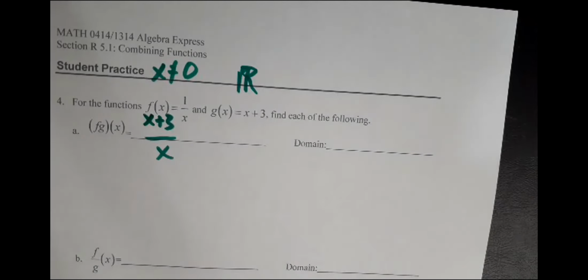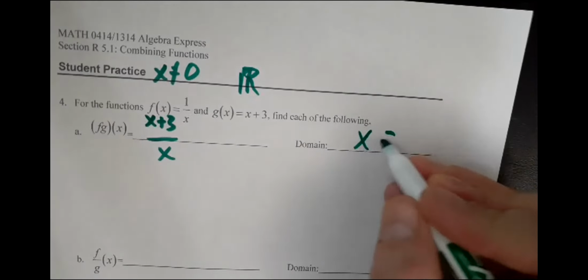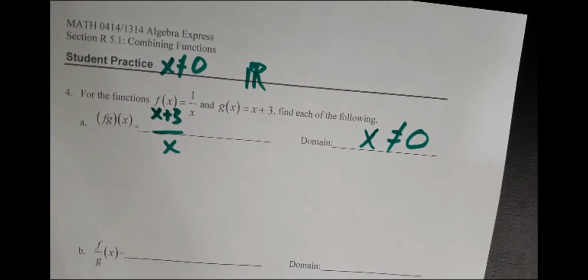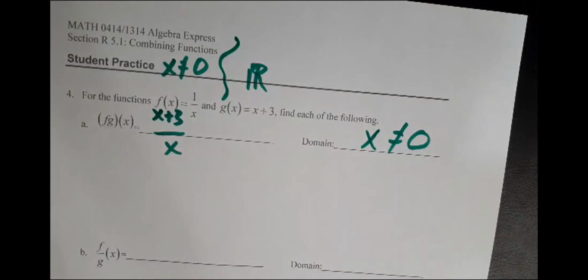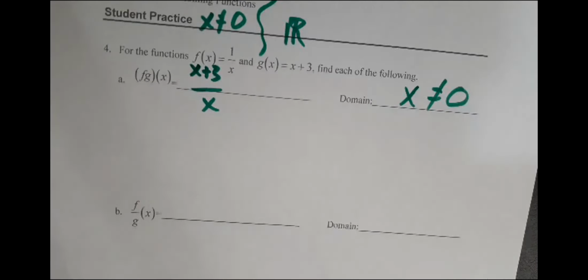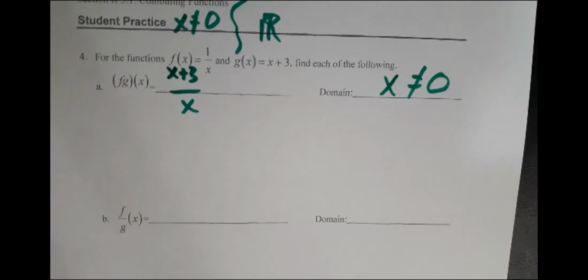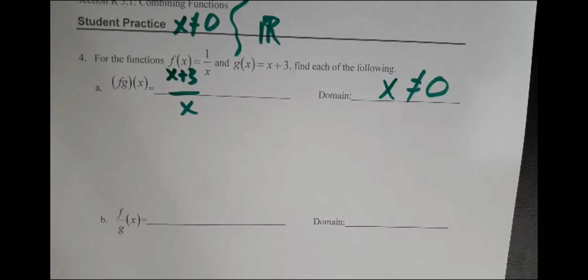So if you go to one parent and they tell you can have anything and everything, and you go to the other parent and they say, well, you can't have 0, guess what? Overall, you're not going to be able to have 0. So this inherits it from my f of x function, but it's also in the end product here as well, so it comes up kind of twice. It may not come up in the end product. Remember, the one on the previous page did not. So it may or may not, who knows? Anyway,